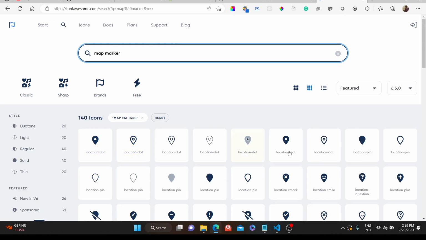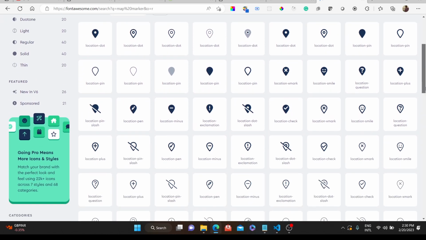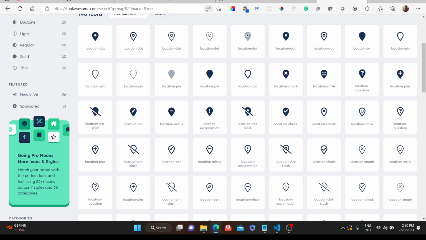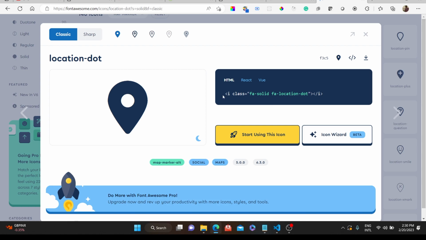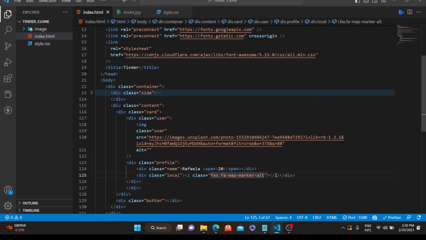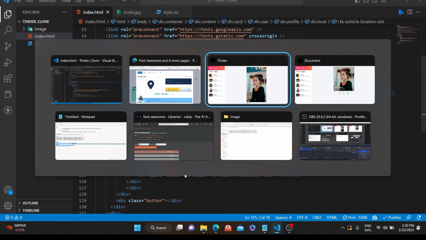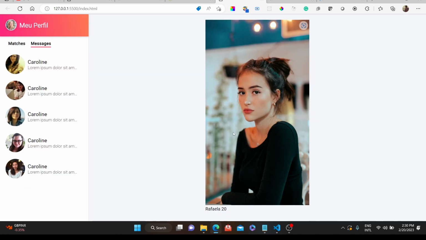Yeah, so you can see you can get all these local dots, and if you scroll down, I have copied one, let me just show you. Let's just check which icon. Yeah, so we have covered something which is similar to this. So as you can see, you will be getting it like this. If I copy this as well and paste it instead of this, and go to my Tinder part,